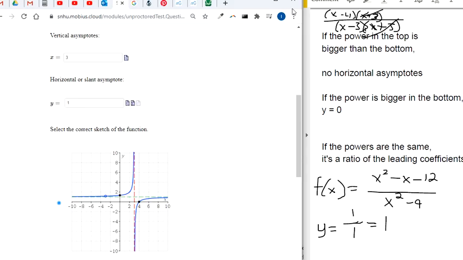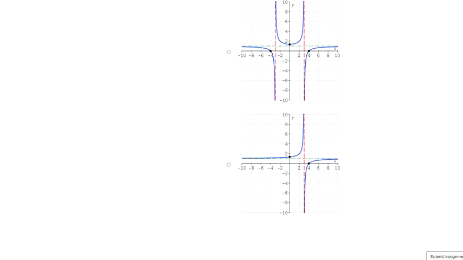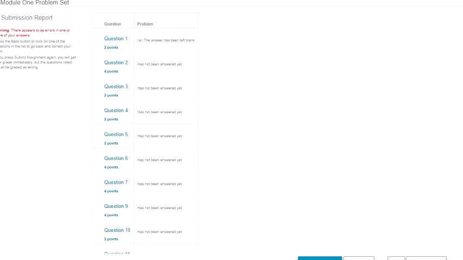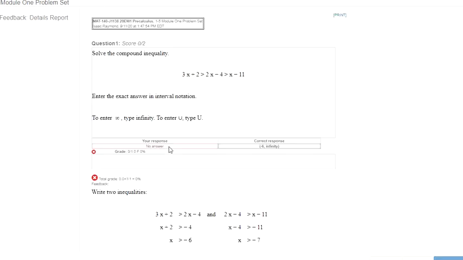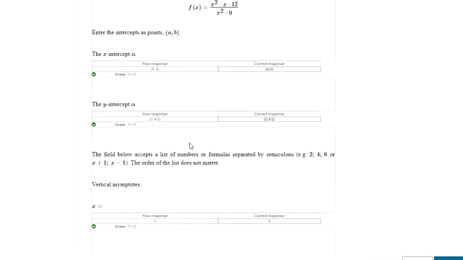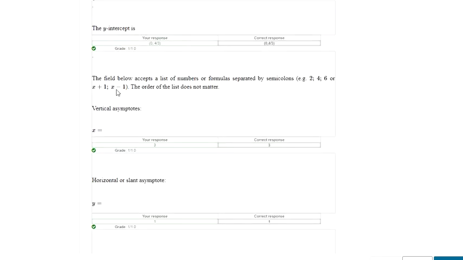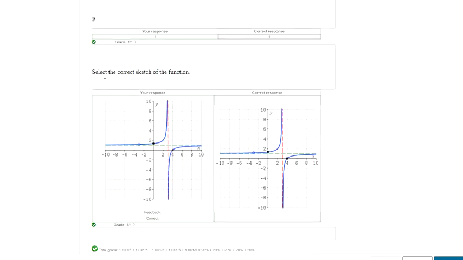Alright, so that's everything. Let me just submit and make sure it checks out. So there we go. There's all the correct answers for question 8. With that correction, I had 2 different places I had to go back on, so it's a big question, but